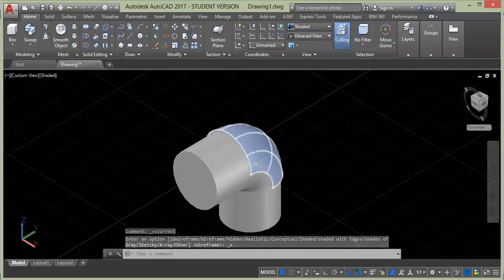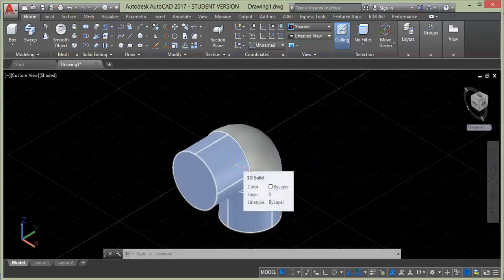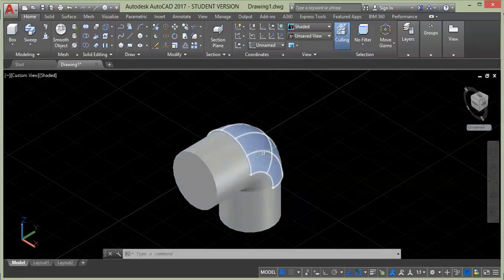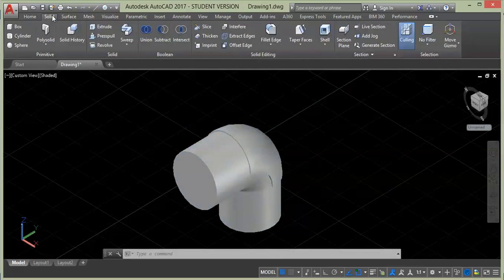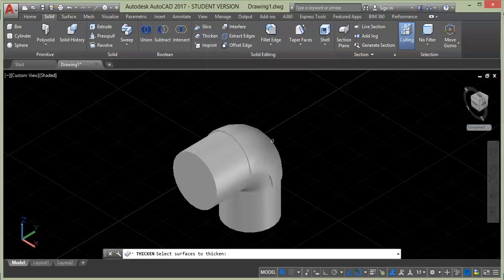Sometimes you will find these geometries separate, and that happens when you don't align the objects very well. Then surface object will be created. For that case you need to convert the surface object into 3D so that the geometries match. Or you can use this thicken tool. This command allows you to thicken the object, then the object automatically updates to 3D.